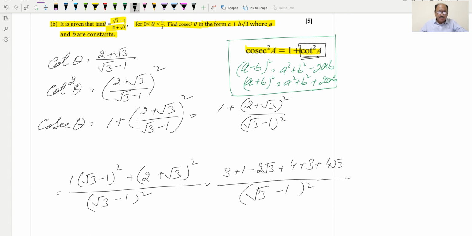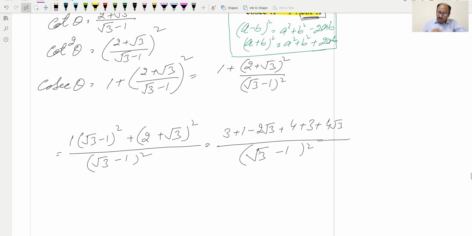I'm just writing, and now we can simplify. This will be 3 plus 1 will be 4, 4 plus 4 will be 8, 8 plus 3 will be 11. So we'll write 11, plus 2 root 3, and divided by